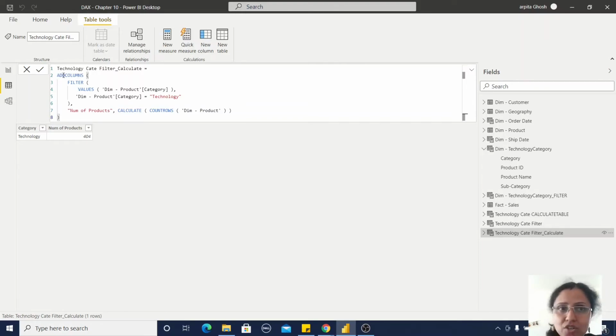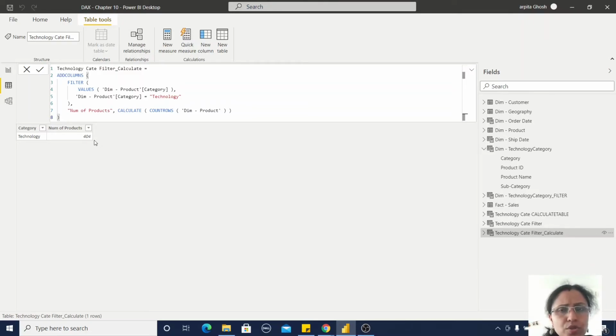First the ADDCOLUMNS function, and within that ADDCOLUMNS first define the filter context, then it will calculate using the CALCULATE function and provide the number of products. So now I am getting 404. Okay, so I hope you understood how the CALCULATETABLE function is defining the data and how the FILTER function is defining the data. But there are some differences.